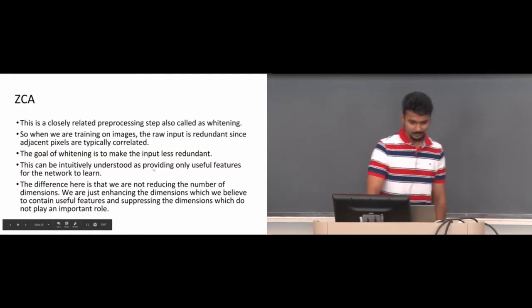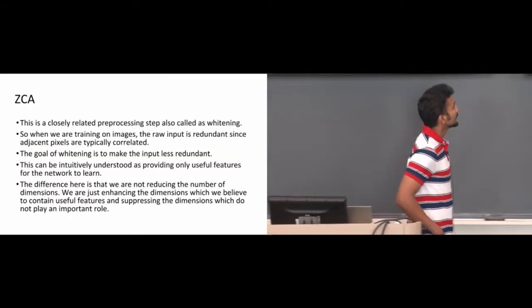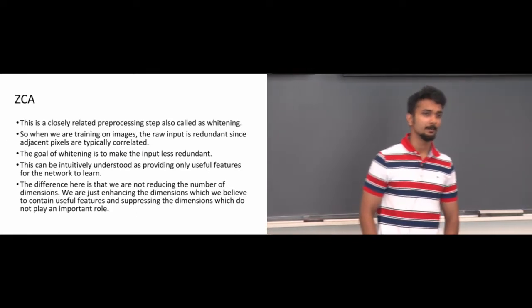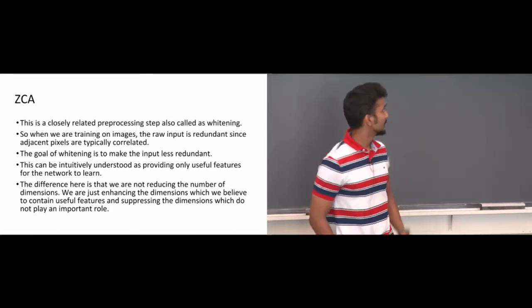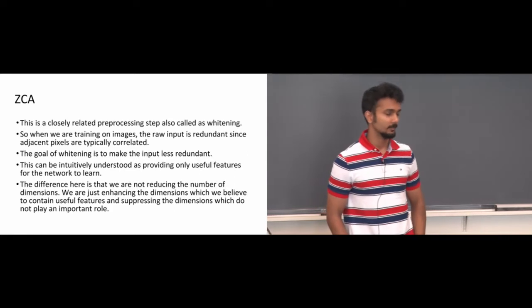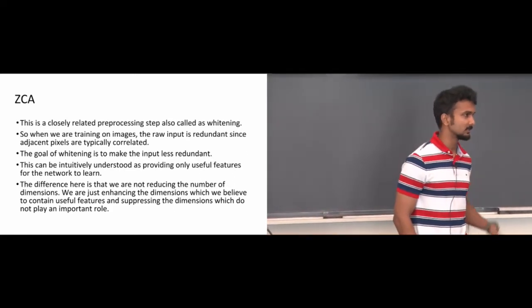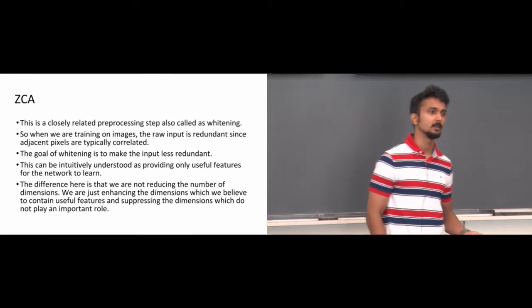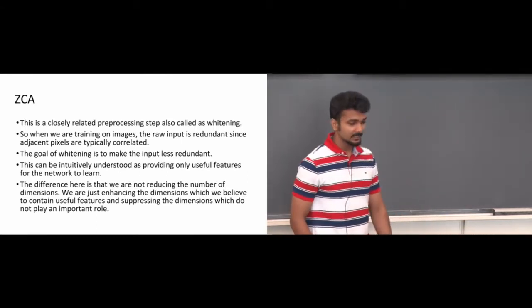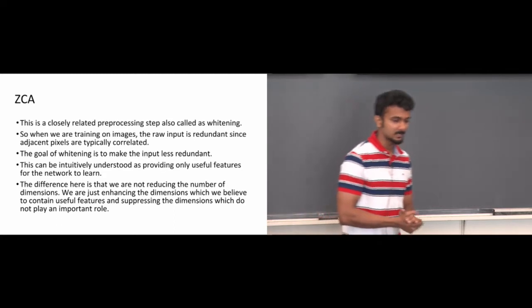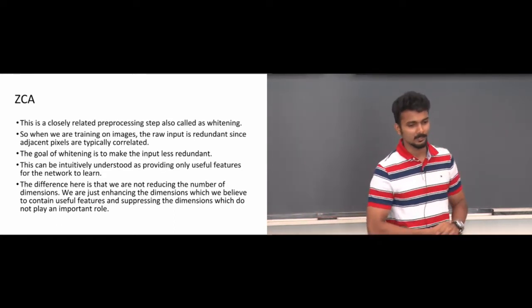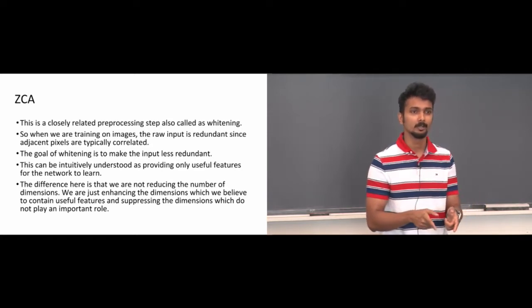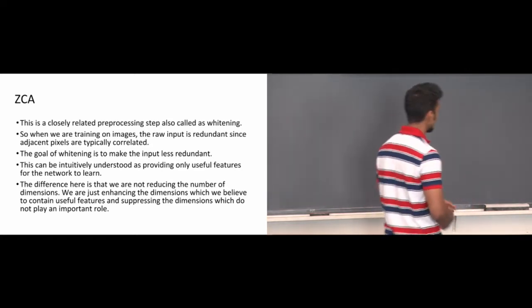And finally, we'll be talking about ZCA. Till now, we spoke about methods where we can reduce the dimensionality of the data. But ZCA is something different. The reason we are speaking about it is it is the first part of your second assignment. ZCA is a pre-processing step that helps the network focus on areas that are actually important. For example, if you have an image,